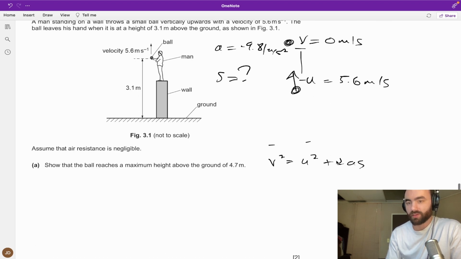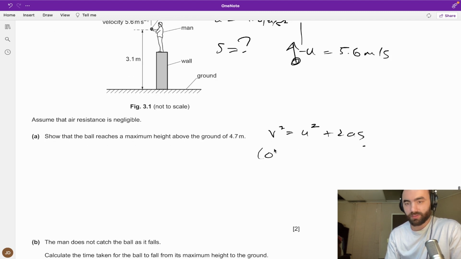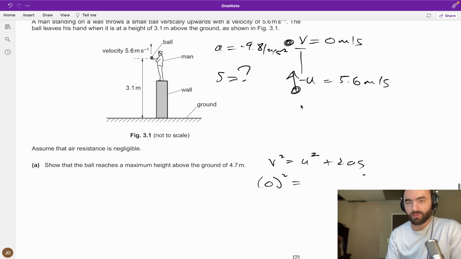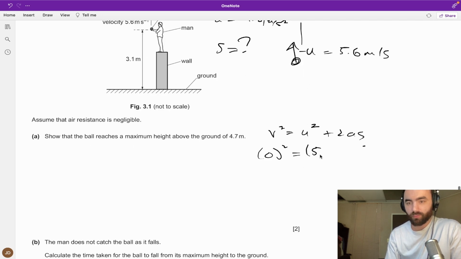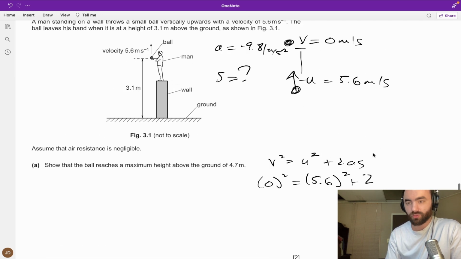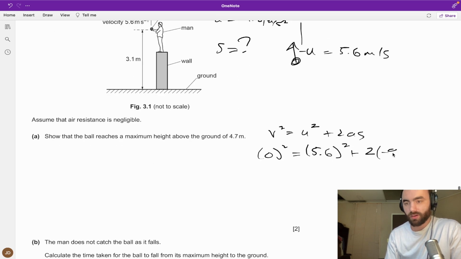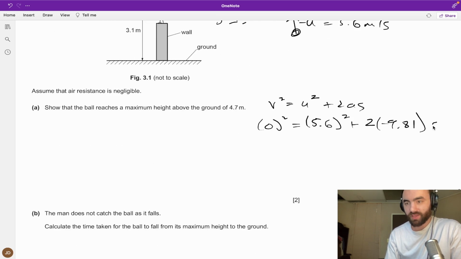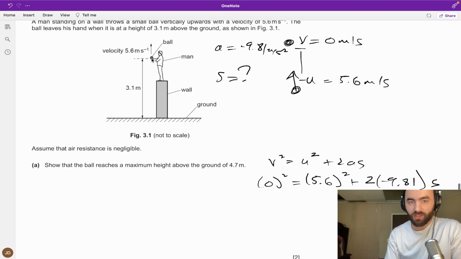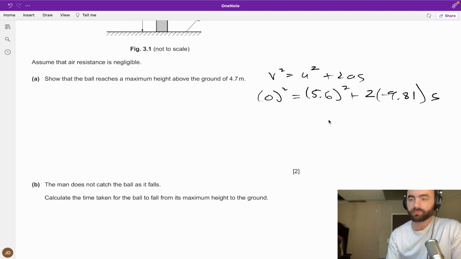We have this, we have this, we have this, we want this. v squared equals u squared: 0 squared equals 5.6 squared plus 2 times minus 9.81 times s, which will give us this distance from here to its highest point. Therefore, if we rearrange this, we'll get